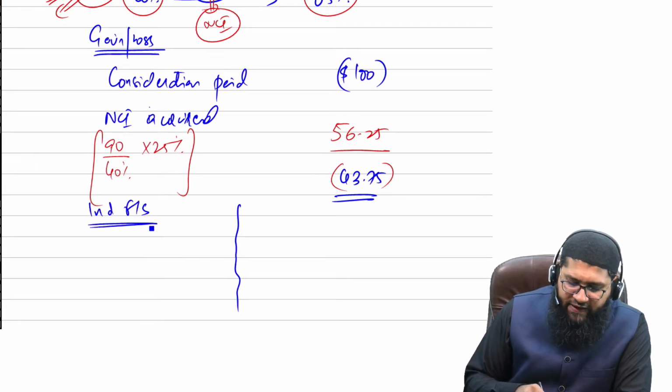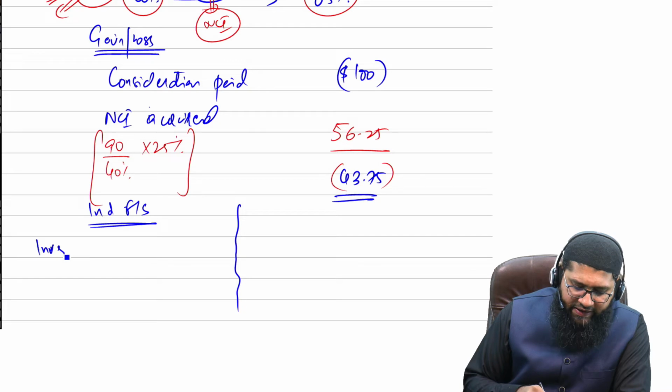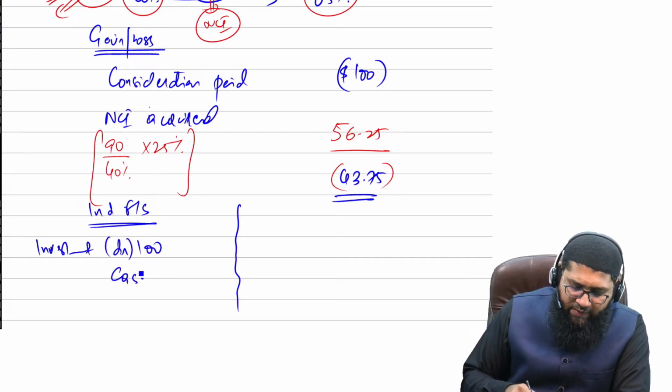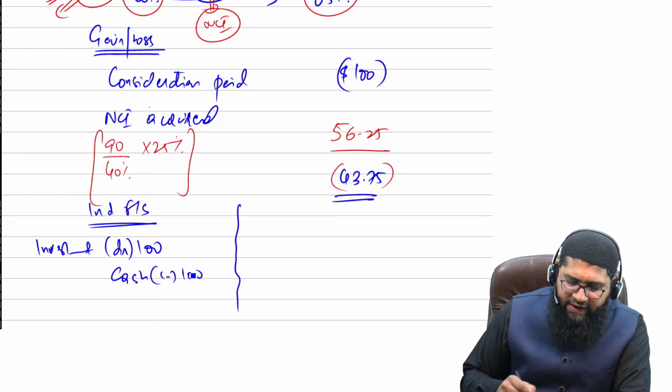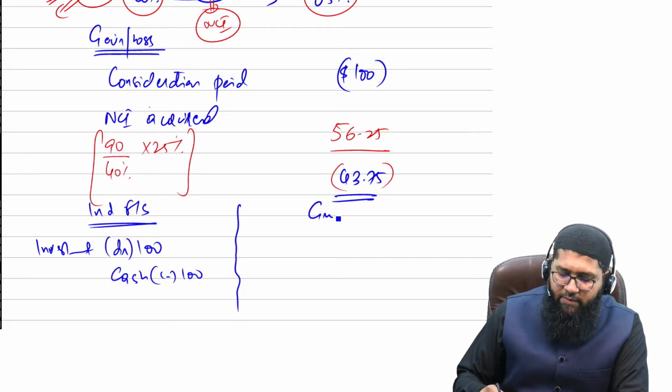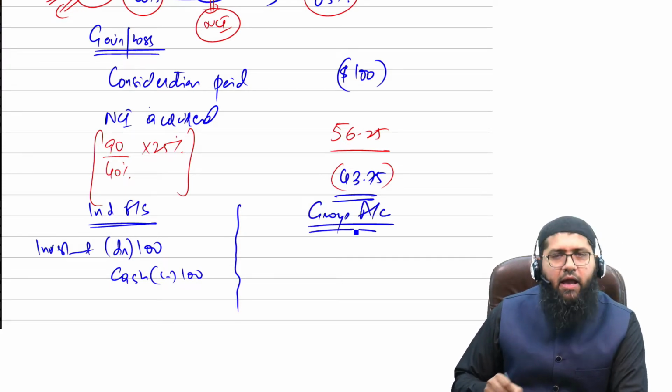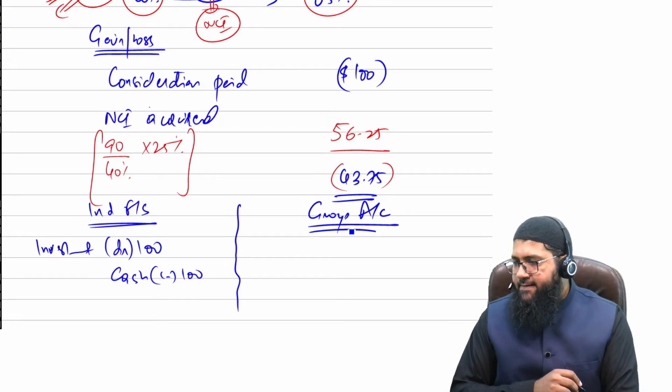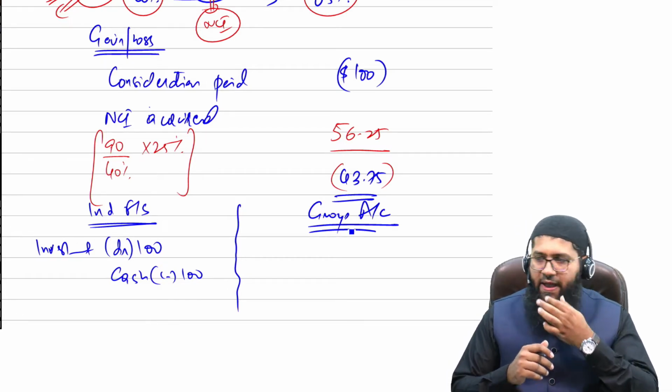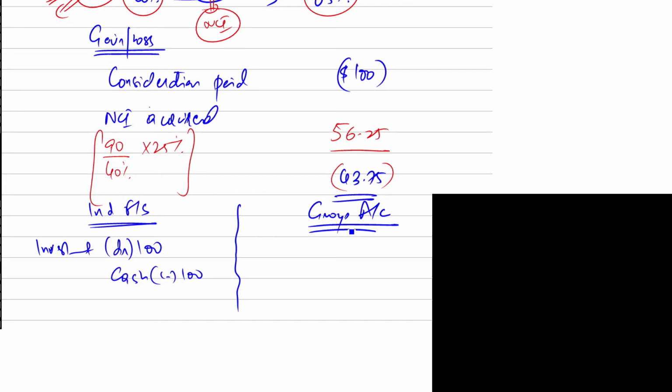So in the individual financial statement, the accounting entry for the investor or the parent is going to be 100 million debit and cash credit 100 million. But when it comes to the group accounts, what is actually going to happen is that you don't actually show the investment, but rather you show,